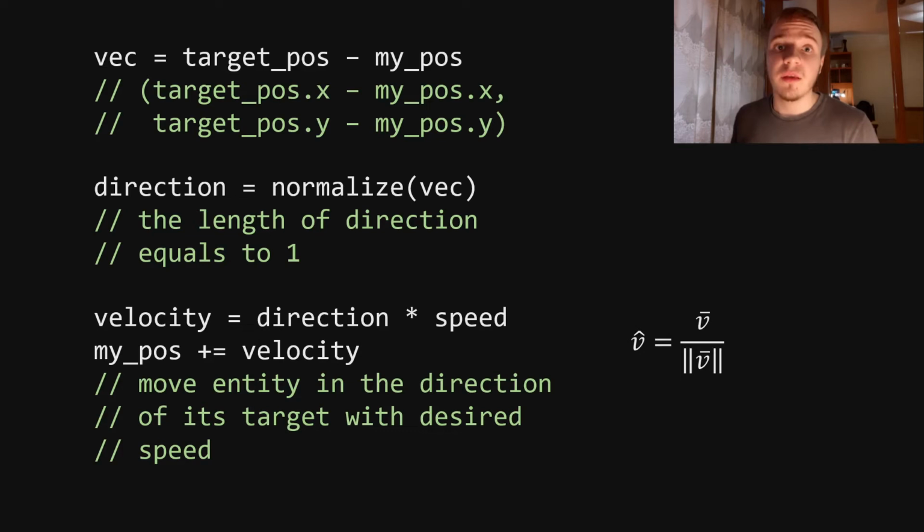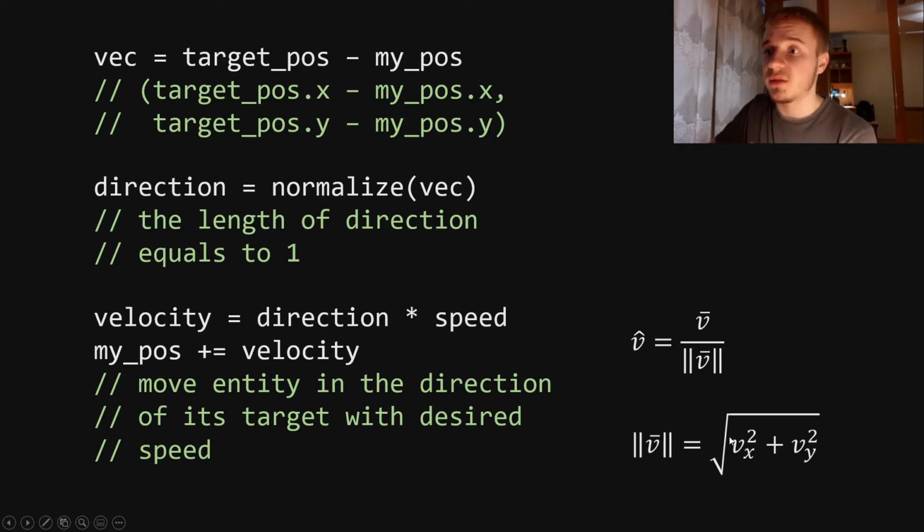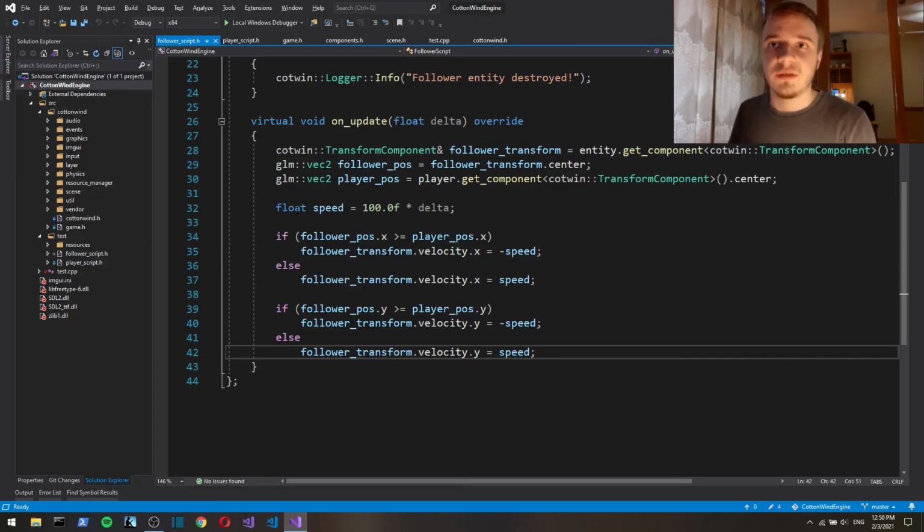We calculate the length of a vector with this formula. Basically we just square each component of a vector, then add them all up together, and take the square root of that sum. So now let me show you that in code. Mind you, the way we calculate vectors doesn't depend on the programming language. For this example I'm using C++, but it can be done in any language, and in many of them the same way.